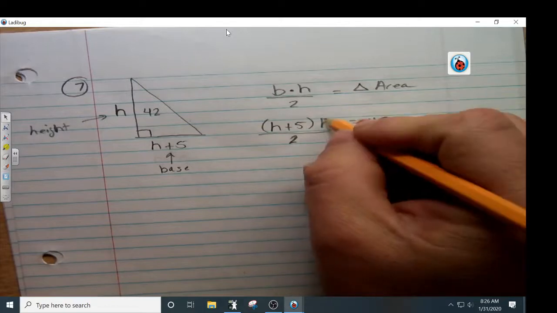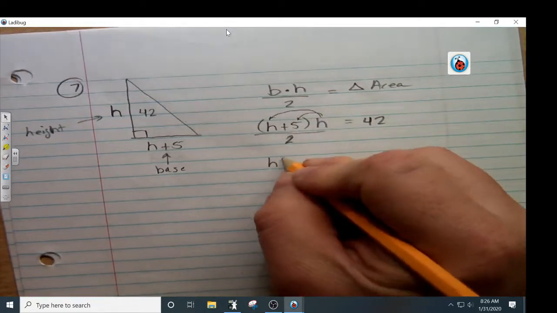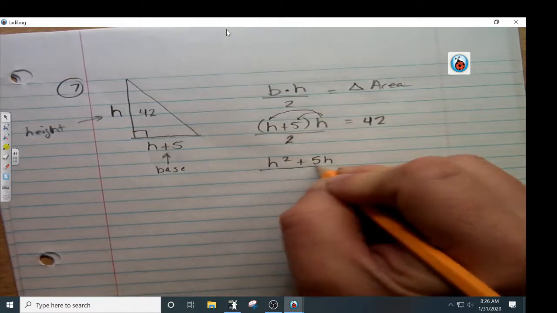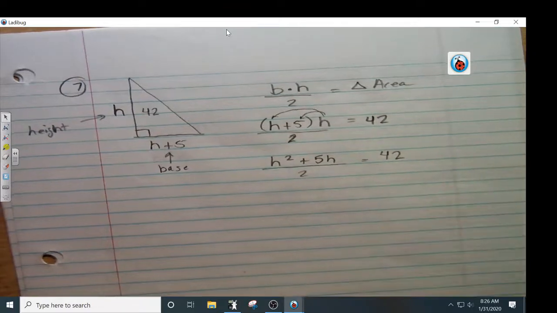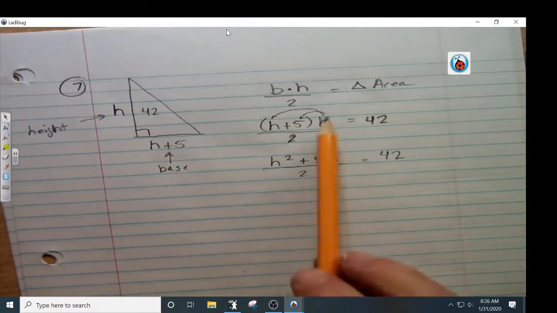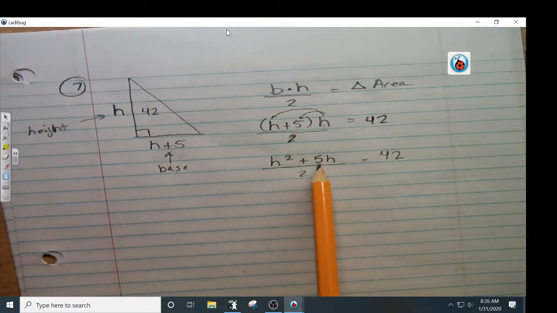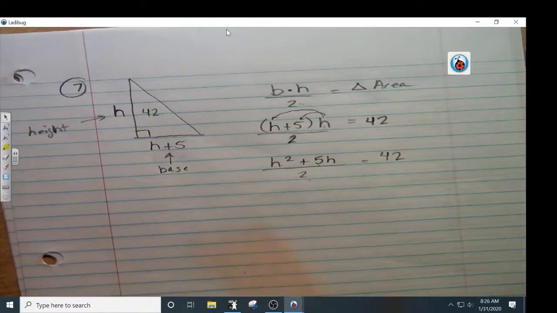first thing I'm going to do, I'm going to distribute the H here. That's going to be H squared plus 5H. If I distribute my H, it's H squared. H times 5 is 5H. Okay. And the divided by 2 is in your formula, so that's where the 2 came from up here. And the area was given to us in the problem. Okay. Now,